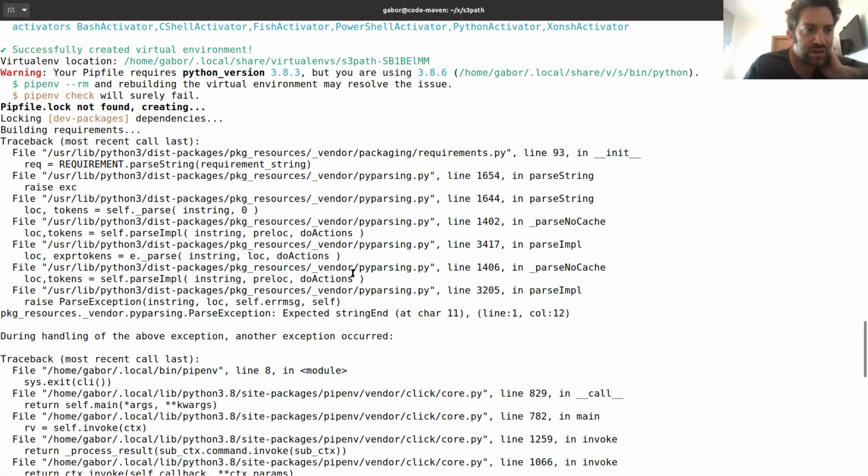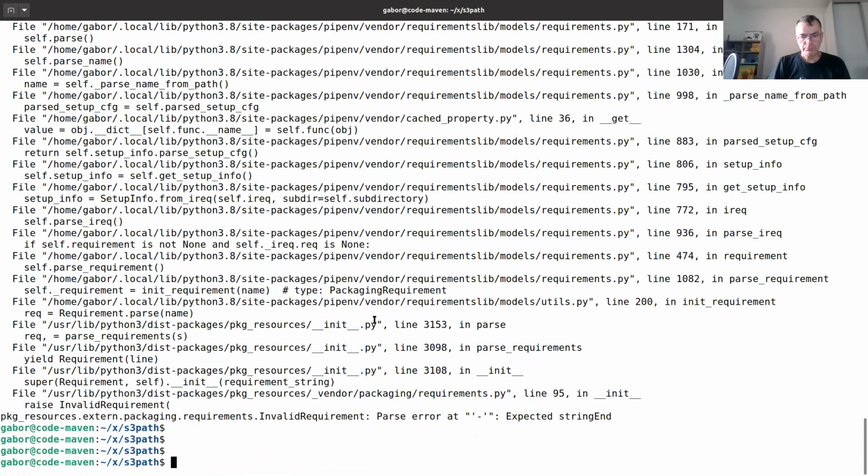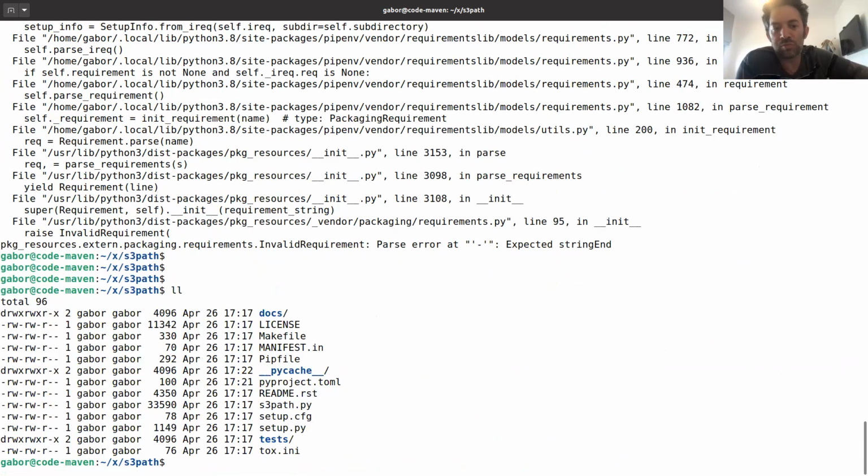Basically, at the start it said the check failed. What pipenv is doing is creating a lock file with all the real dependencies. In the Pipfile, I'm writing the base dependencies that I need, but it creates a lock file with all the dependencies and the whole graph of dependencies. So in this case, we don't need it.